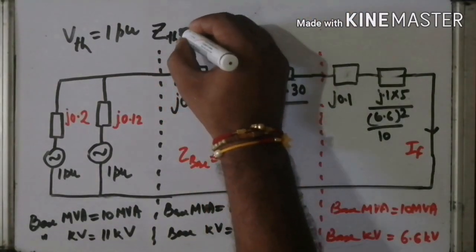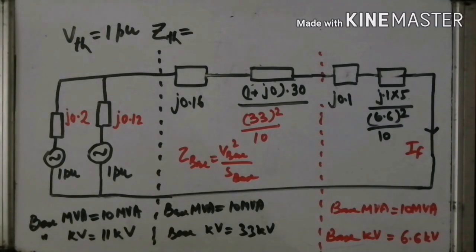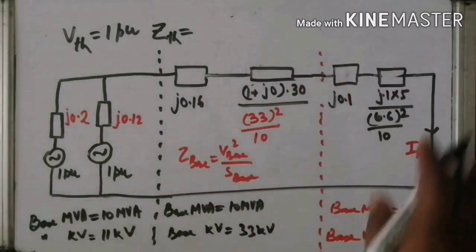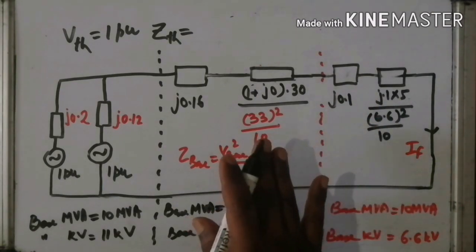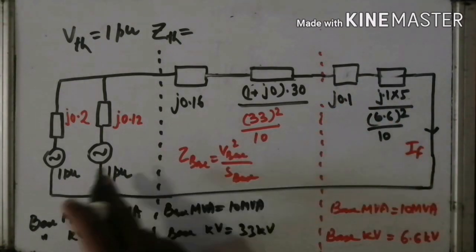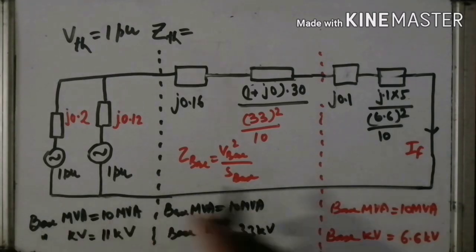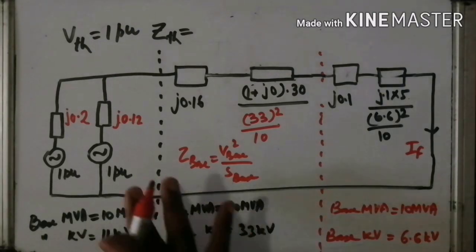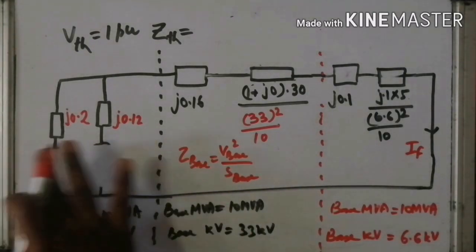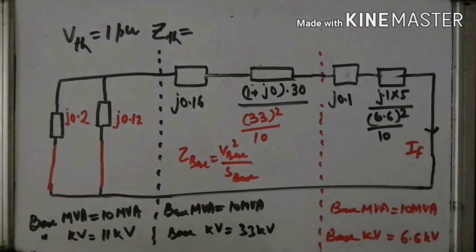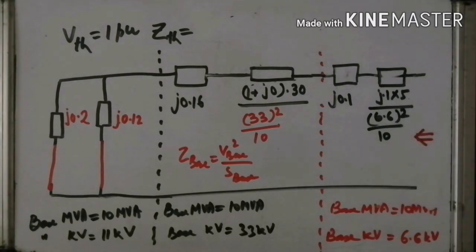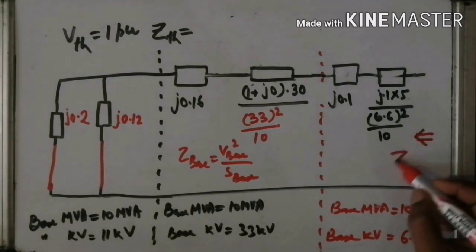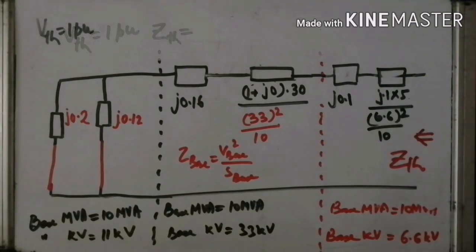For the Thevenin equivalent impedance, now according to the Thevenin theorem, all the voltage sources are short circuited and current sources as open circuit. Okay, these two are the voltage sources. So first of all, remove them and short circuit and open it. Whatever the impedance across this is known as the ZTH.